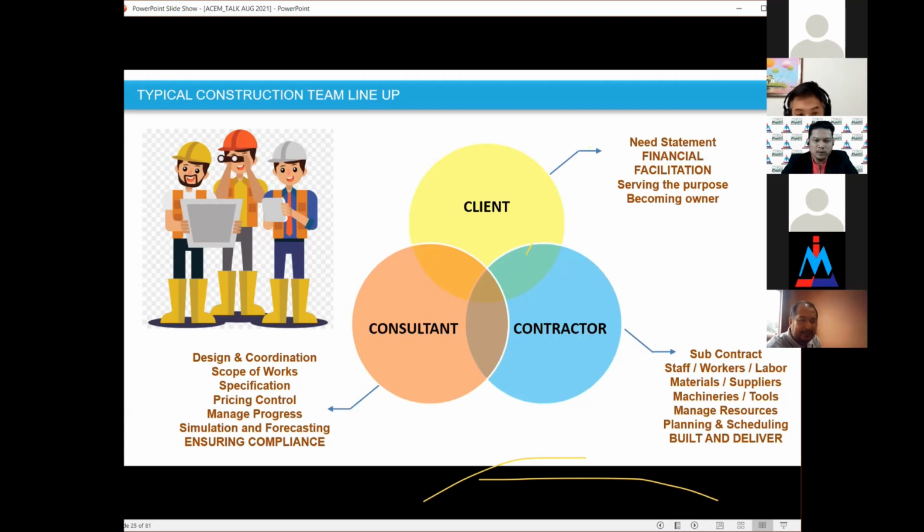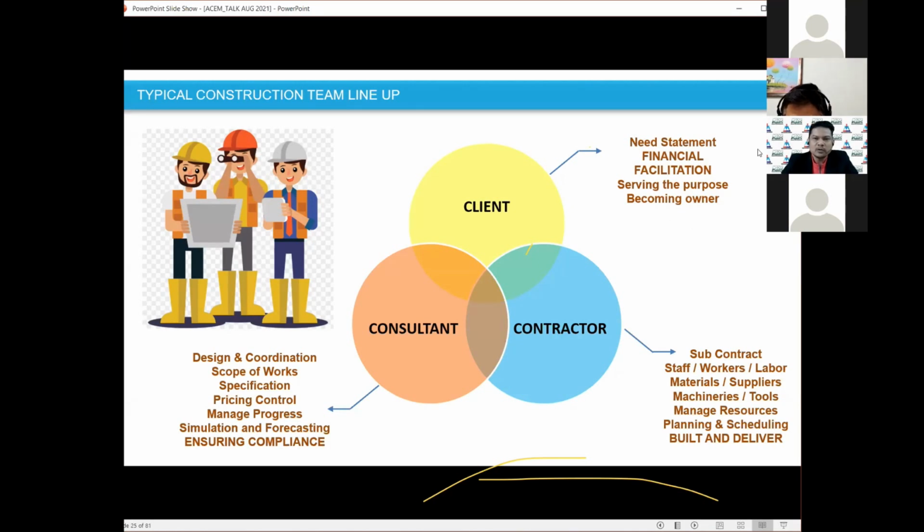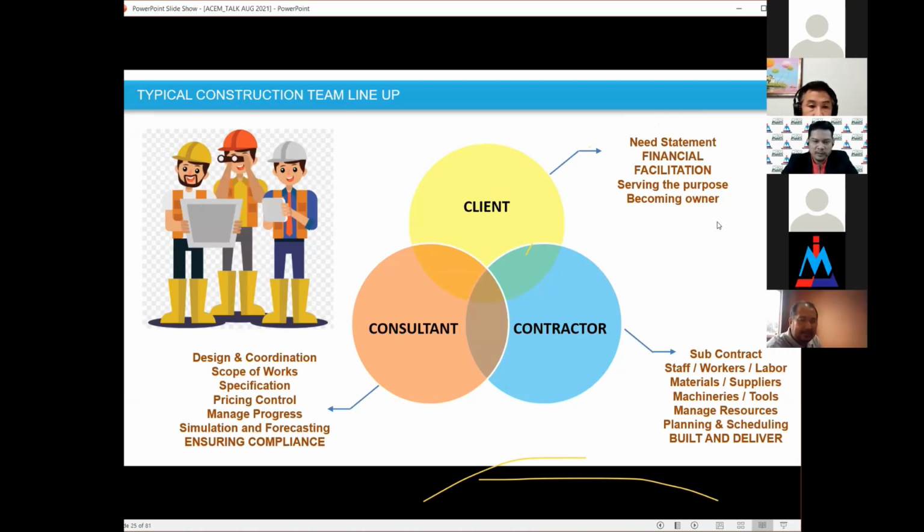We have to comply with a lot of things, and of course the client's expectations for this project or program, and also other things the client is expecting. So ensuring compliance is an important part of being a consultant in our typical construction team lineup. But for the contractor, basically they will do the subcontract work, or they will do it by their own.